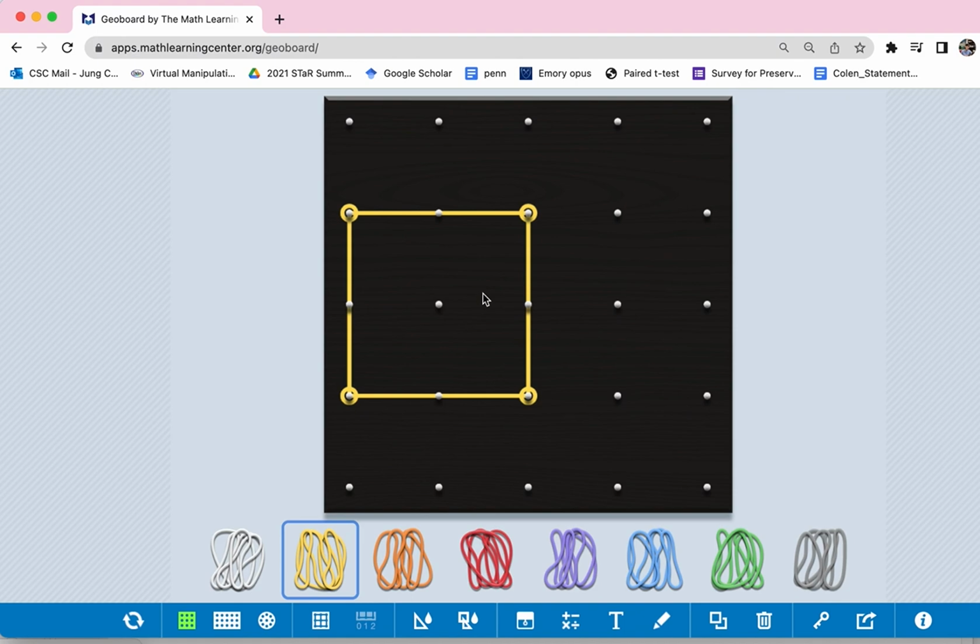Then I have a square because they are all 90-degree angles, and all 4 lengths are equal: 2 units, 2 units, 2 units, and 2 units, right? And I have 1 square unit, 2 square units, 3 square units, 4 square units. So this is good, right? Okay, now